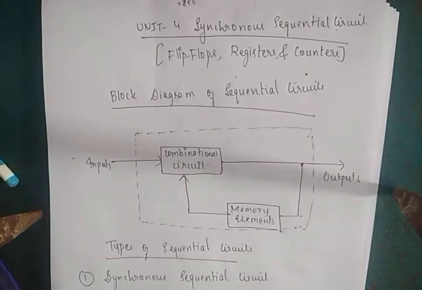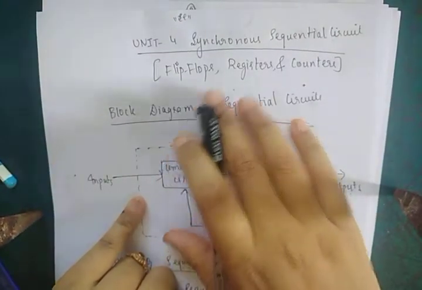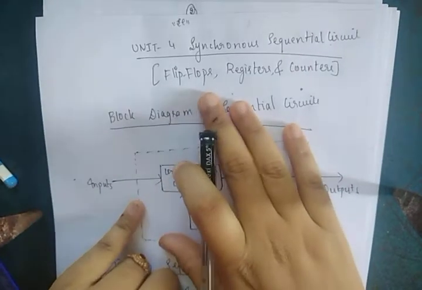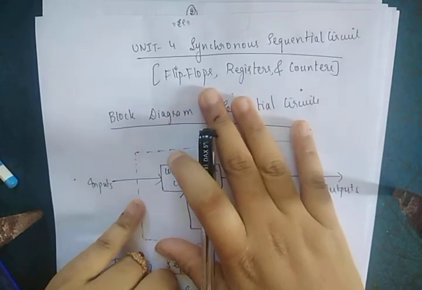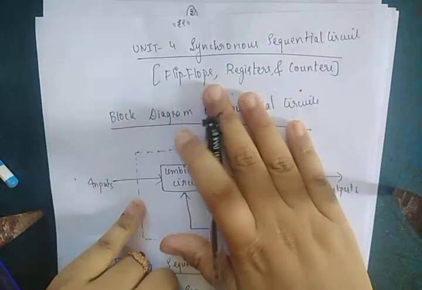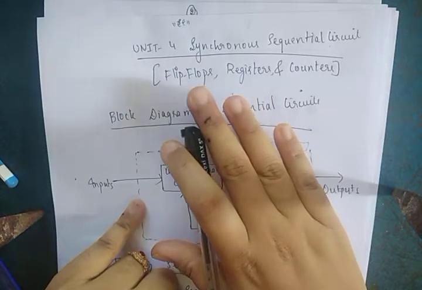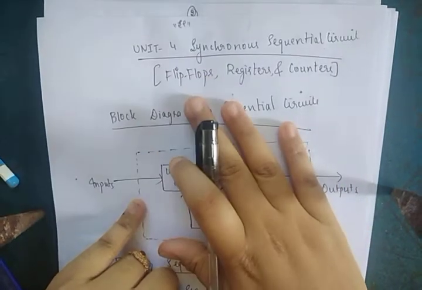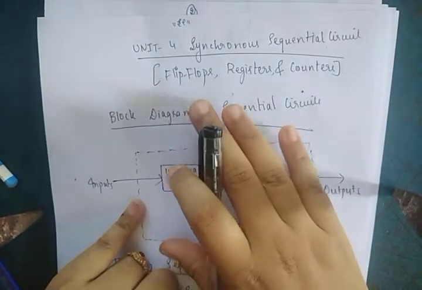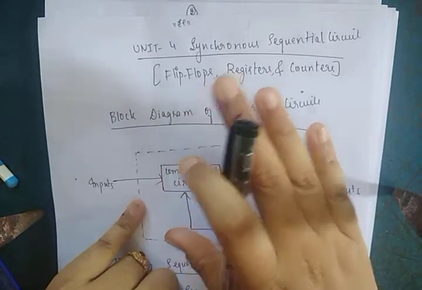Okay students, today we'll be going with the fourth unit, that is synchronous sequential circuits. So first of all, before going to this unit, I want to tell you, go through this complete video, whatever I'm sending of this unit, because I'll be covering most important topics of this unit. If you just read the notes, you'll not be able to follow. So go through the complete unit, understand. If you have any doubts, you can ask me.